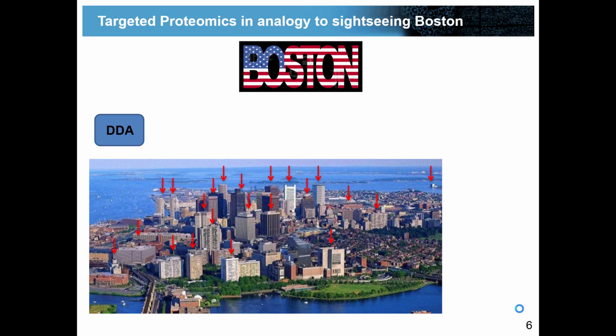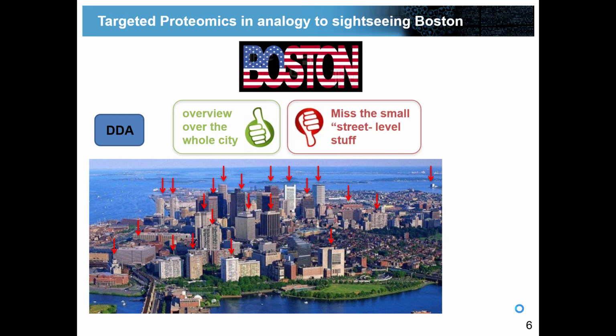Okay? What's very cool about this approach is that you will get, quite likely, a nice overview over the whole city. And so it's quite likely that you will have high buildings everywhere. And of course, the more time you have, the further down you can go on street level. And that's the same in DDA proteomics as well. What's not so cool is that your whole analysis will definitely be biased to the tall buildings. You will spend much more time on the tall buildings than on the street level stuff. And the quality of the pictures that you will make, okay? So